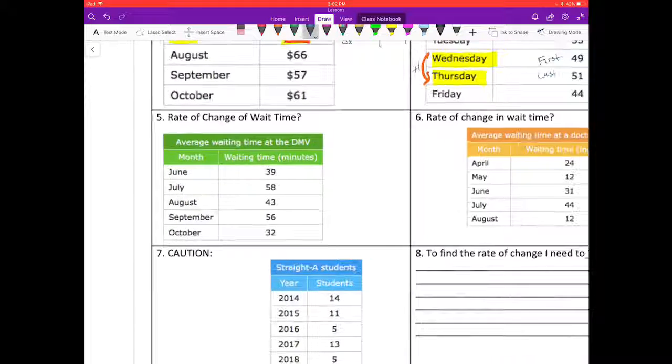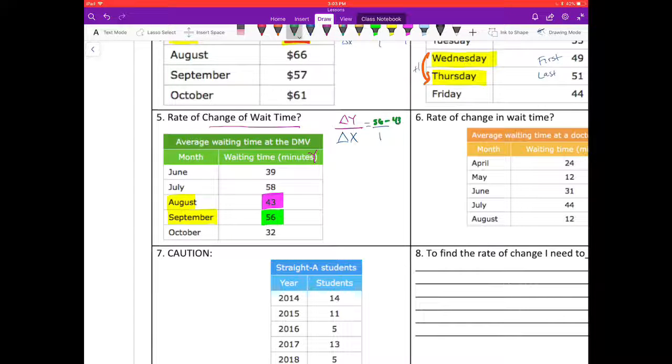All right, rate of change for the wait time. Okay, so from the DMV, right, what happened between August and September? How did the wait time change? So I want to know my Y. I want to know what the change in the wait time was. I don't really care about the month because we know it's going to be for 1 month. So in 1 month, what was the change in wait time? And if I want to know the change, I got to take my last and my first, right? So then you got to subtract